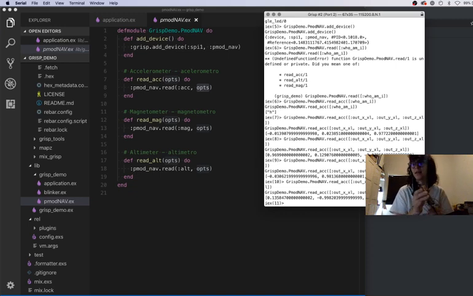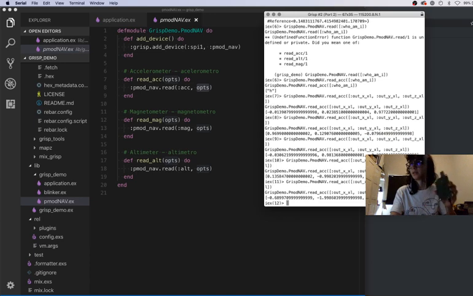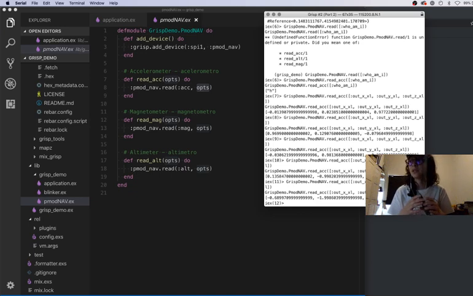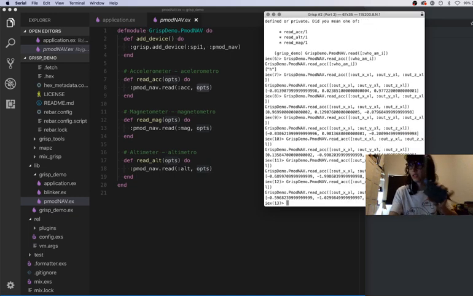We will also get different measurements if I start shaking this, because this is an accelerometer. We had values closest to 0 because it was not moving. So now that I move this, we can get different values. Another thing that we could do with the same function is to read in degrees per second,